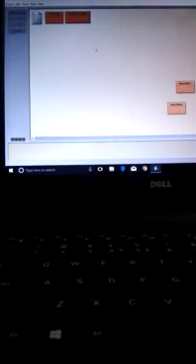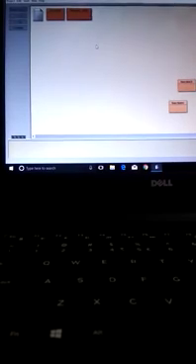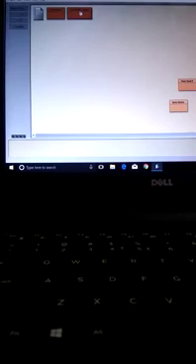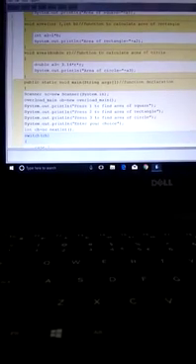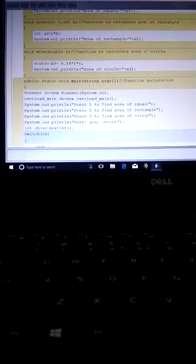Hello children, in this video we will be discussing the function overloading concept along with the main function. I have already created the program, so the size of the video will be reduced and you will get the proper explanation. We have already created the class over here. Let's see, this is the program.